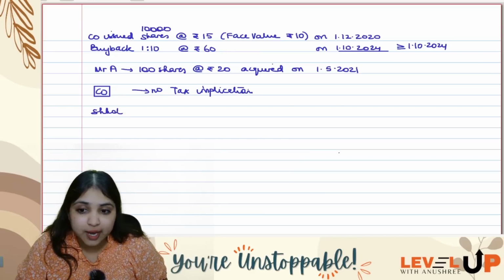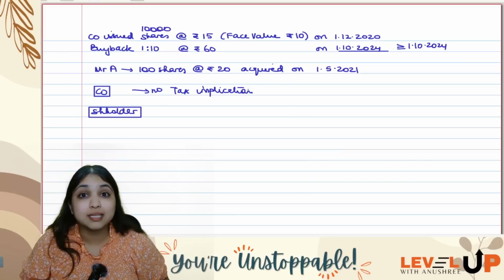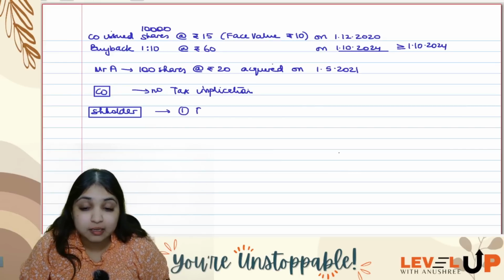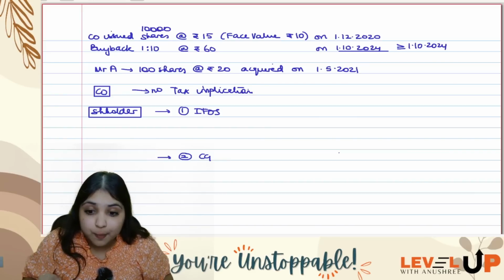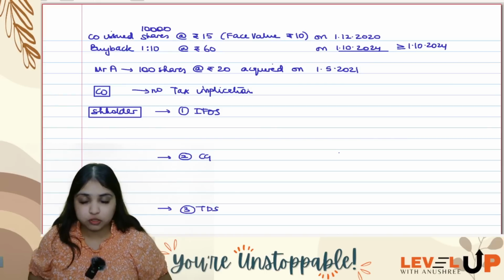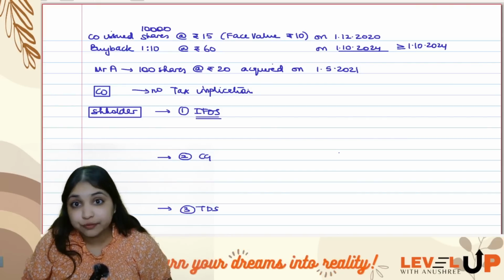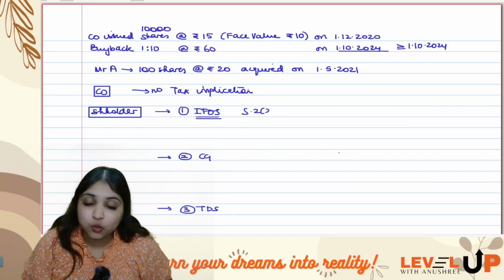Instead, for the shareholder there will be tax implications, guys, and there will be two of them. One tax implication will be under the IFOS head, and the other will be under the capital gains head, and I will talk about one more tax implication from the TDS point of view also. Now under IFOS, you must have learnt about dividend 222 A, B, C, D, E. There they've added one more clause,